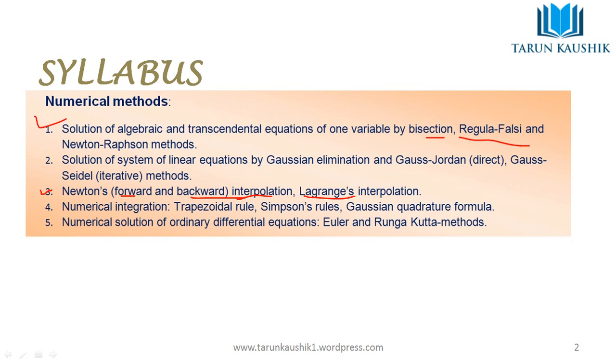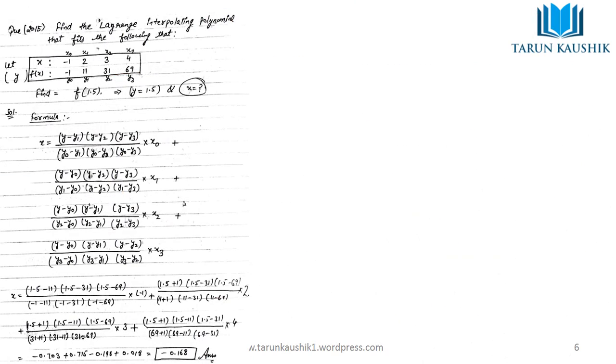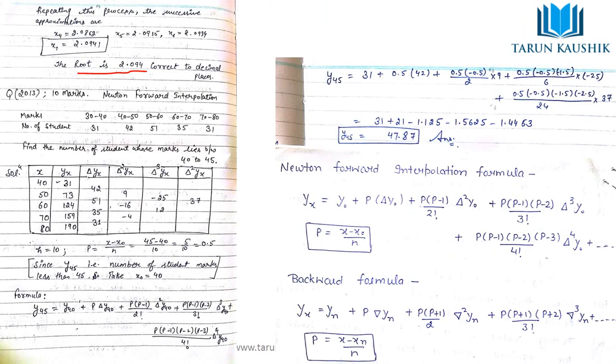So what is this interpolation, and where is it being used? This interpolation is mainly used, as you have read in statistics, where x is given, some frequency is given, and you are required to calculate the number of something. Such type of problem will be dealt with by Newton forward interpolation and backward interpolation.